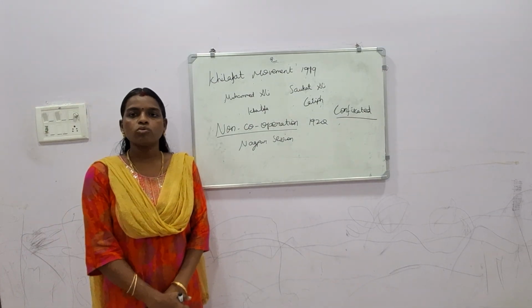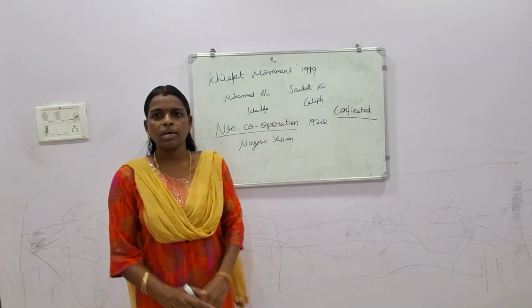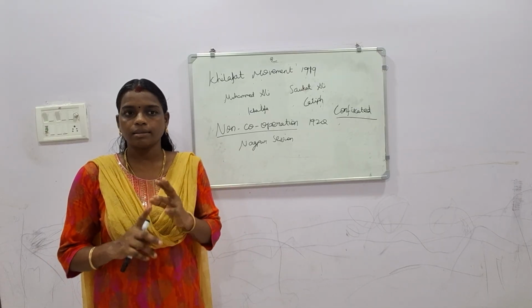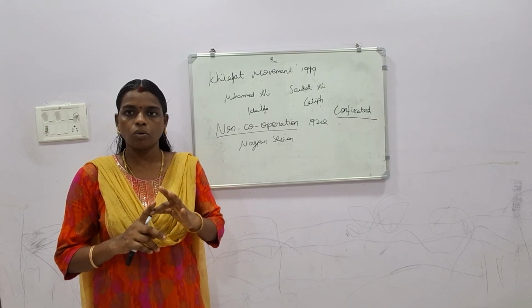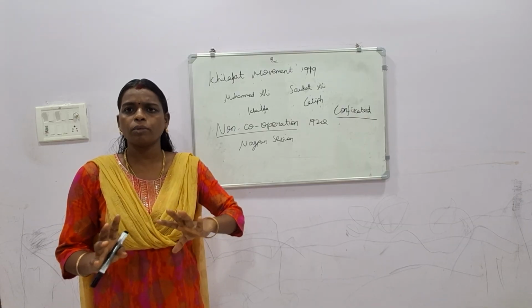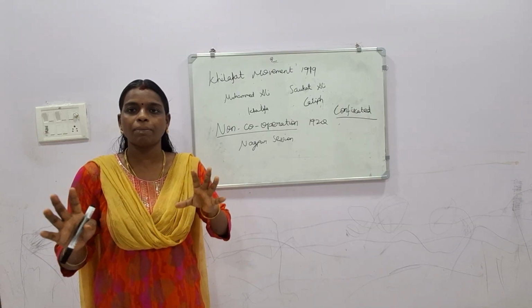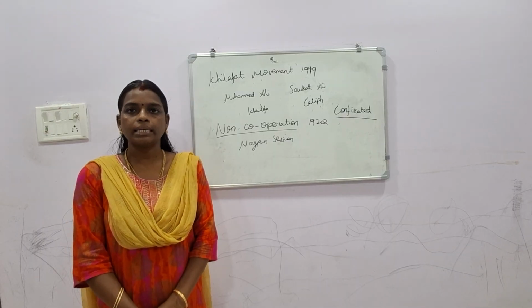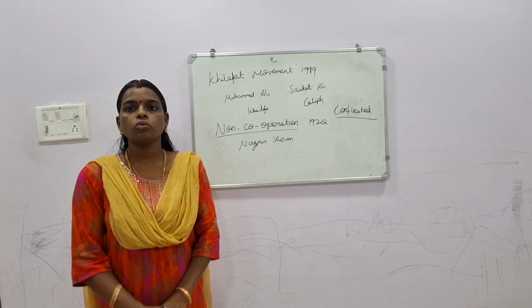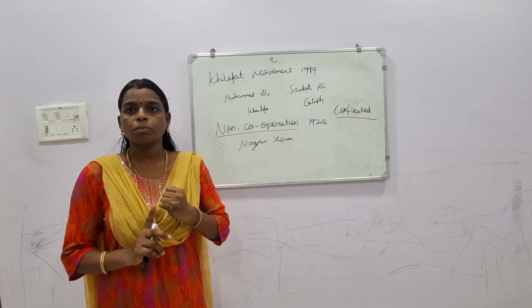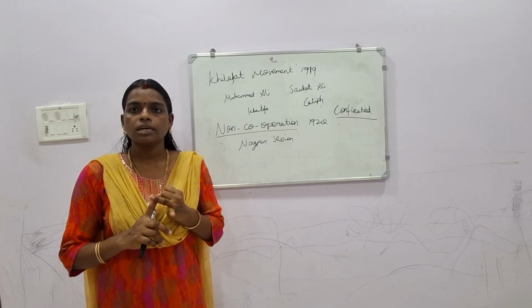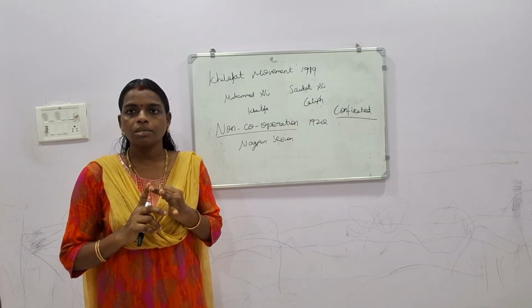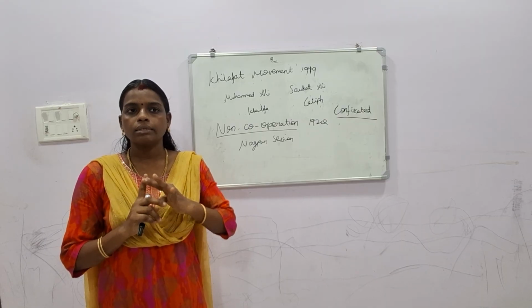Non-cooperation movement means that at that time the British government ran the railways, the schools, the colleges, the courts, and all the government public properties and public organizations which functioned under the Britishers. But here non-cooperation means we don't go to school. The students must boycott school. The teachers must boycott school. The judges or the lawyers must boycott the courts, and